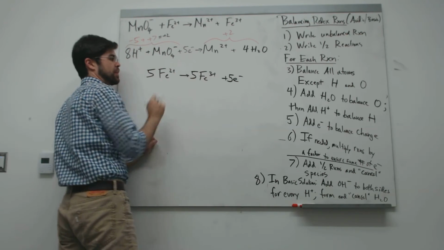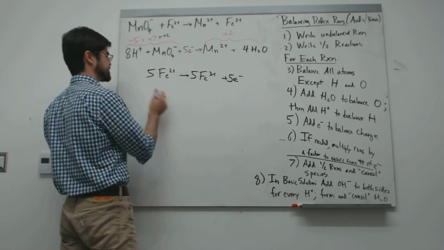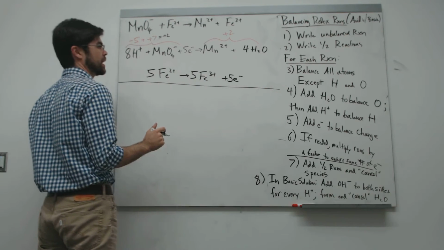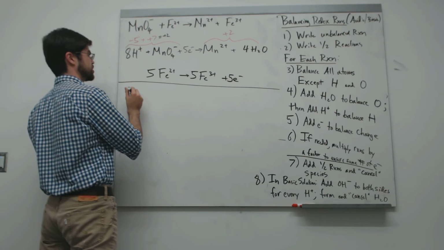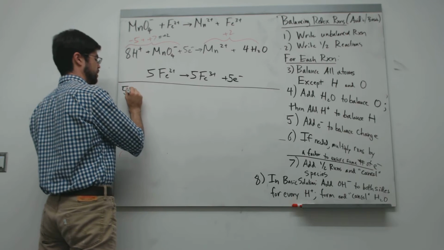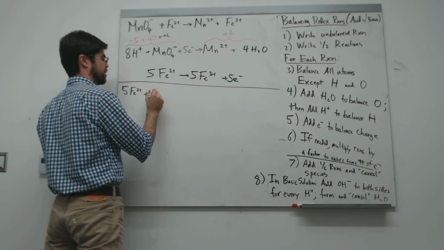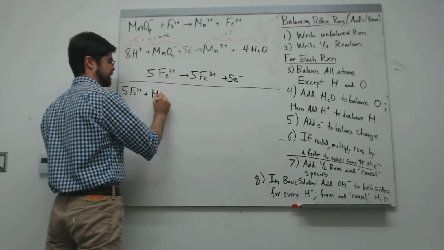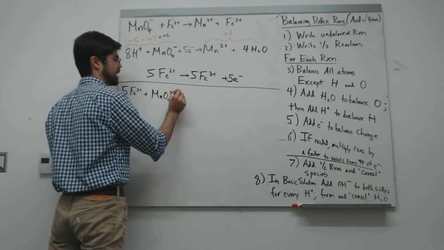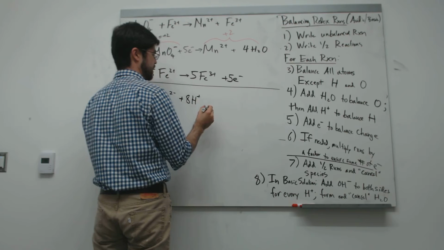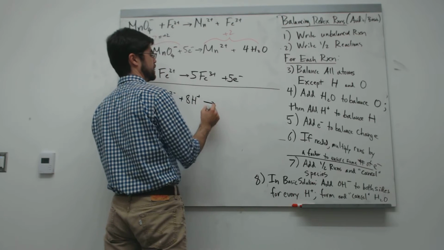That'll give me those 5 electrons, and then step 7 here is to finally add everything together to get my net equation. So I should have 5 iron 2 plus ions, the permanganate ion, plus your 8 hydrogen ions, converting into